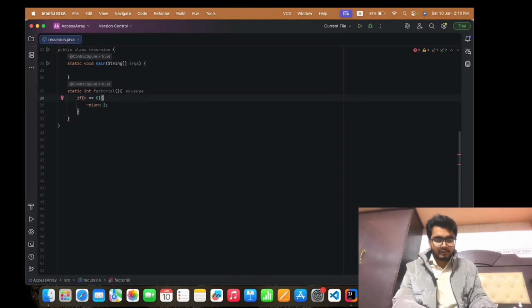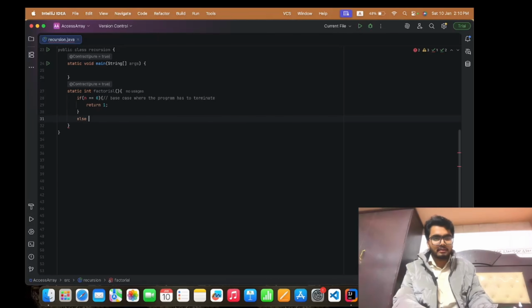This is said to be a base case where the program has to terminate. If n is equal to 0, the function will stop calling itself again and again. So here is the if condition.